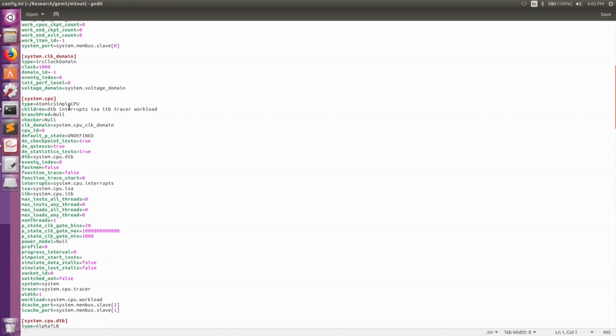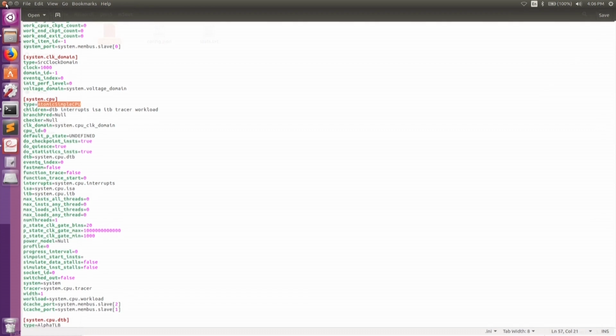This is the file where we come back after simulation to cross check and verify whether all the configuration parameters that we have specified during the simulation are correct. Here, for example, the type of CPU that I am using is Atomic Simple. So, if I see this message, I am assured that this is the correct configuration that I wanted.